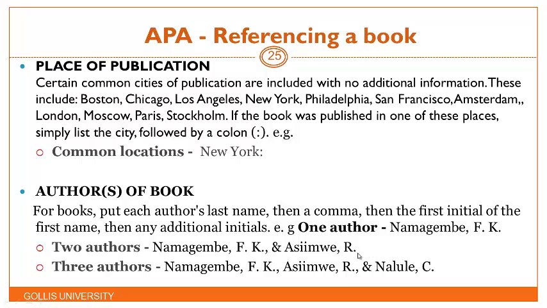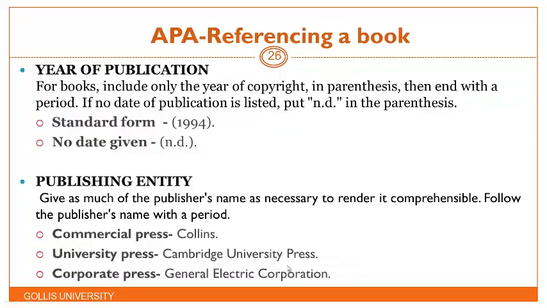Okay. Remember, in citation, these other initials do not appear, only the last name and the year. But in references, you should provide us with these other initials, the first initial and the second initial. If there are three authors, the same procedure you follow as we have mentioned previously. The year of publication, always make sure that it is put in bracket. And this is how we write it, for example, 1994.